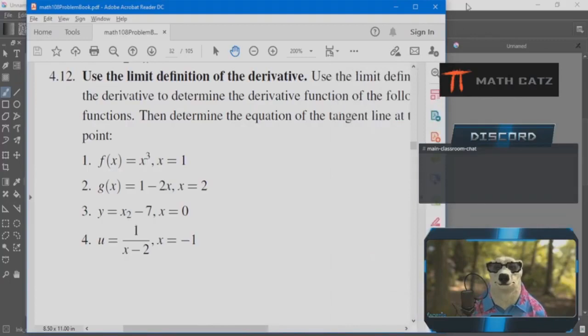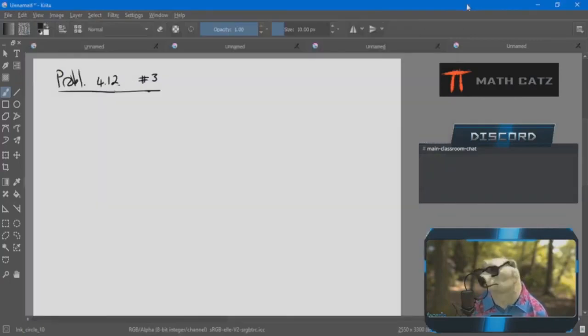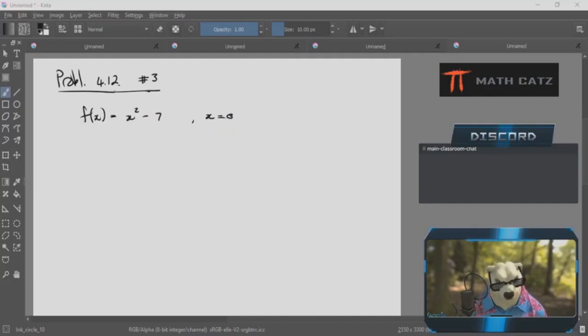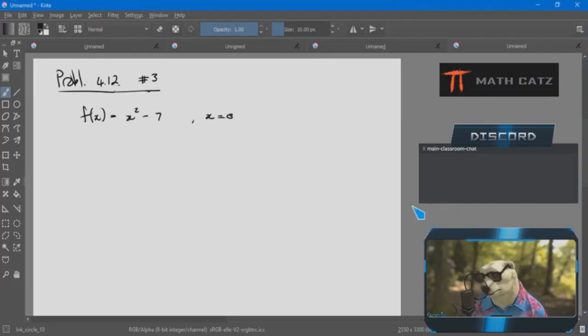So x squared minus 7, and the x value in question is 0. So my function here, x squared minus 7, oof, that's an ugly 7, and x is equal to 0. That is my point that I'm interested in. All right. Okay, so